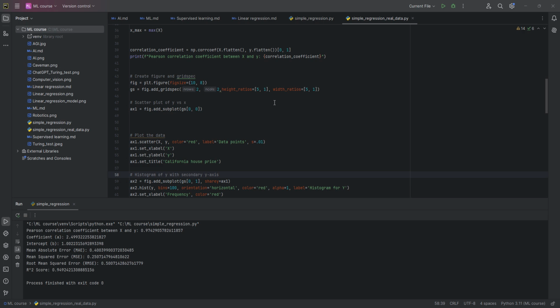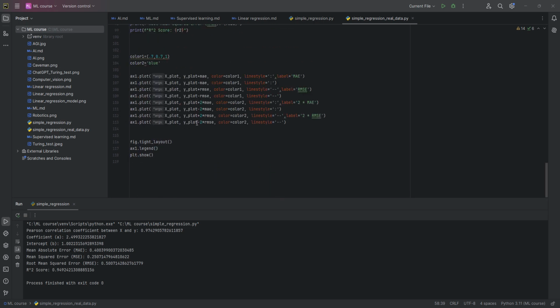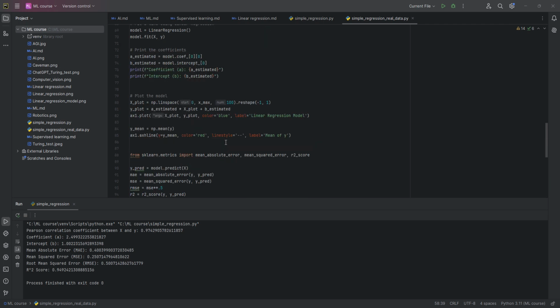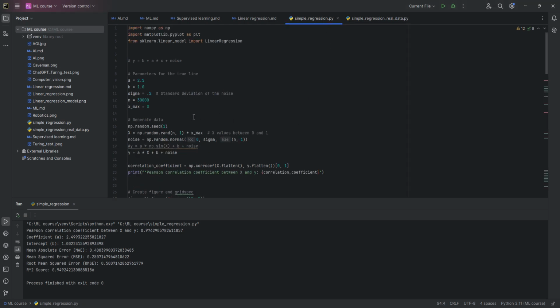So before we finish, it's good to see the error margins that we draw for the real data, and also the histogram, the distribution across the x and y for our synthetic data too. So I have copied those lines of code for our synthetic data too, and I'm gonna run this code,